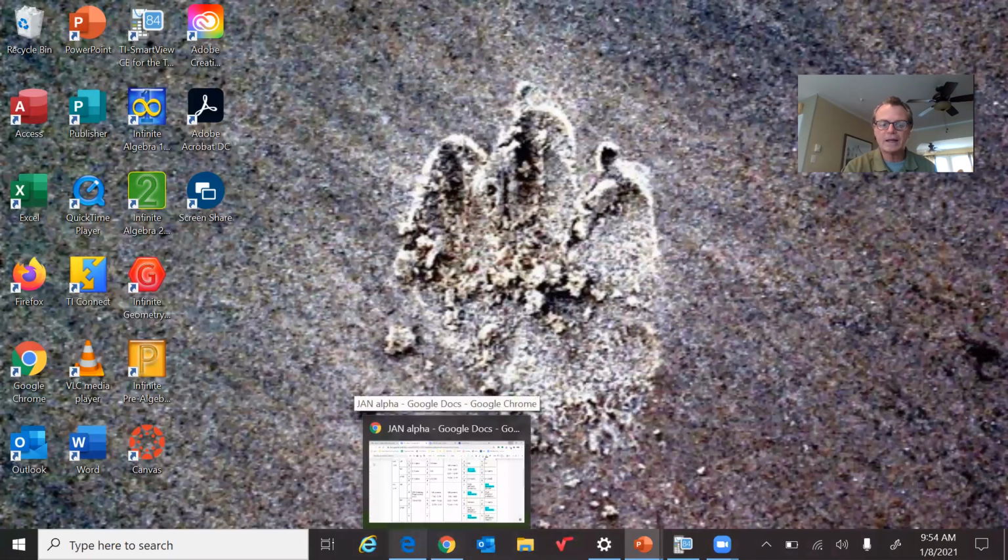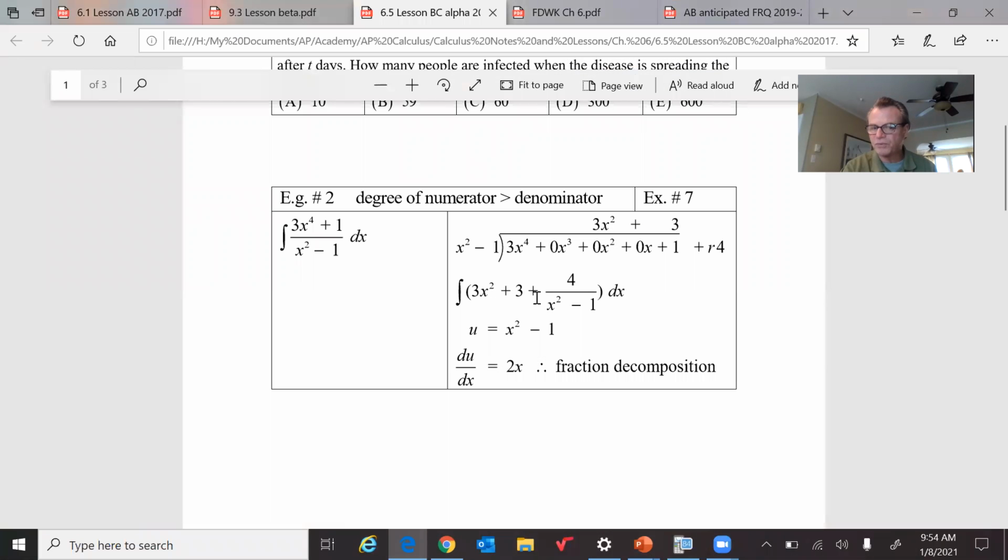So back here, we would use fraction decomposition for this. And we would break this down into x plus a negative 1 times x plus 1. We would have a over the x take away 1. Doesn't matter what order you do it in. B over x plus 1. And we would do the exact method you just saw on the PowerPoint. Okay? I didn't go into detail on here because this is in the book. Like, I didn't just retype everything that's in the book. If you need to see that,